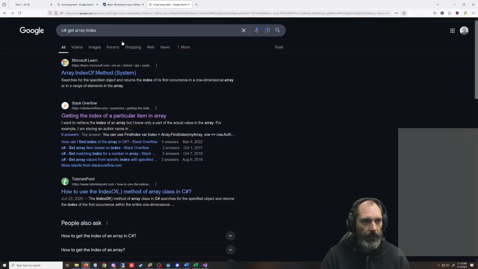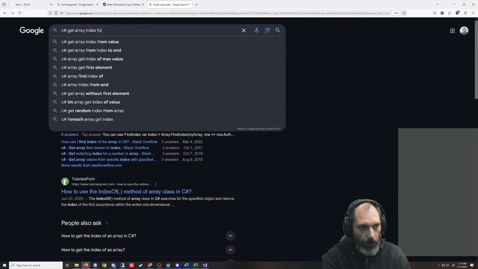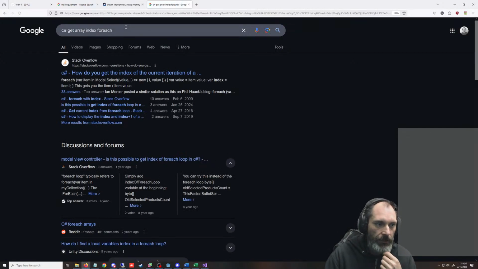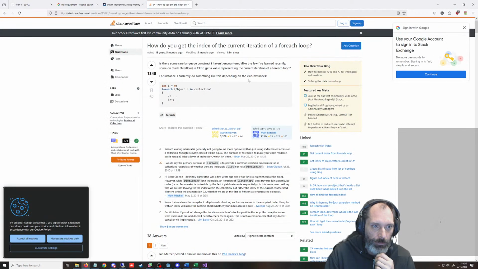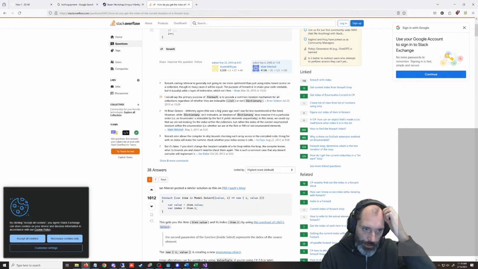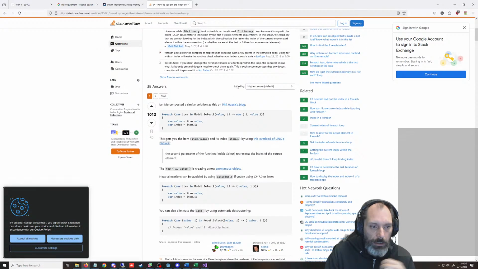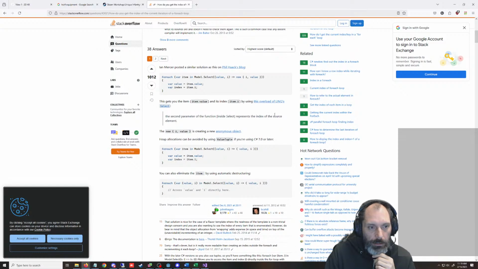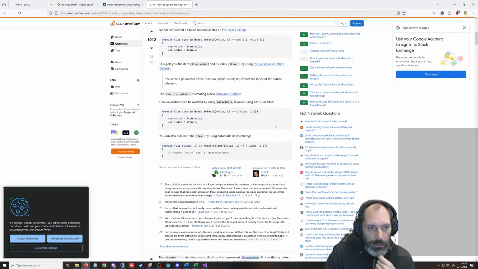Let's do this. Yeah, for each. I think we just use a for loop instead. How do you get the index of the current iteration of a for each loop? Item and select value. The new is new anonymous heap allocation.